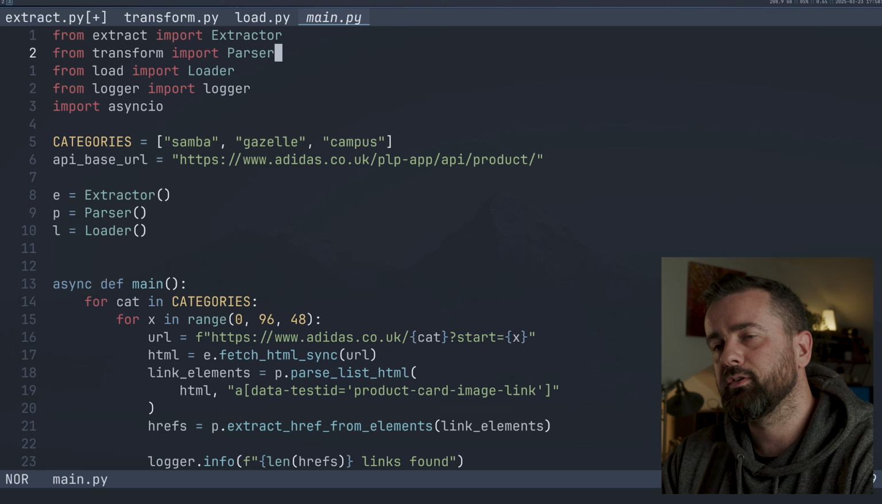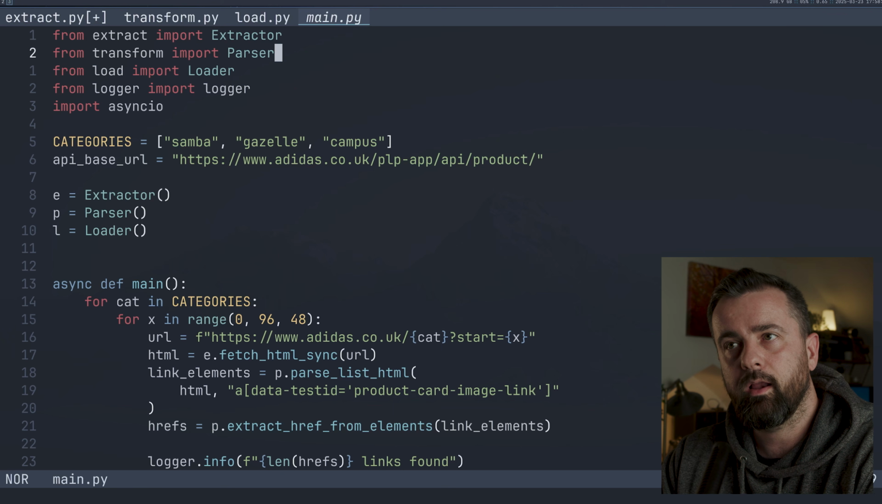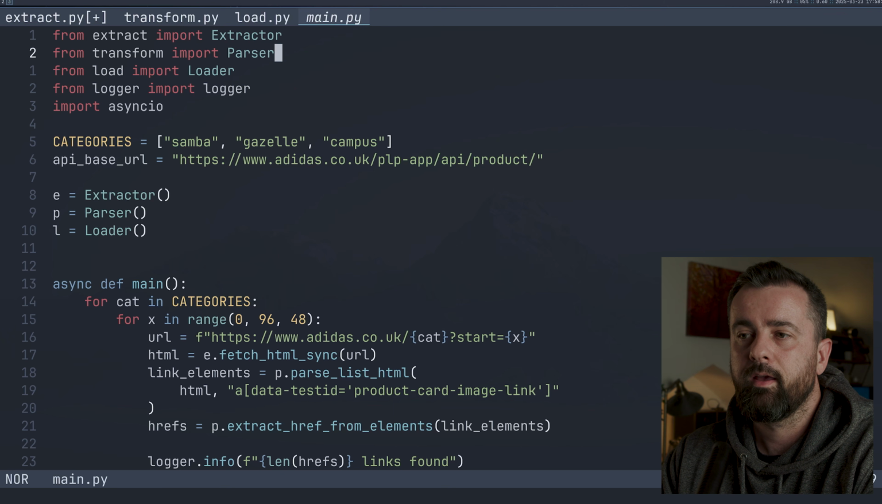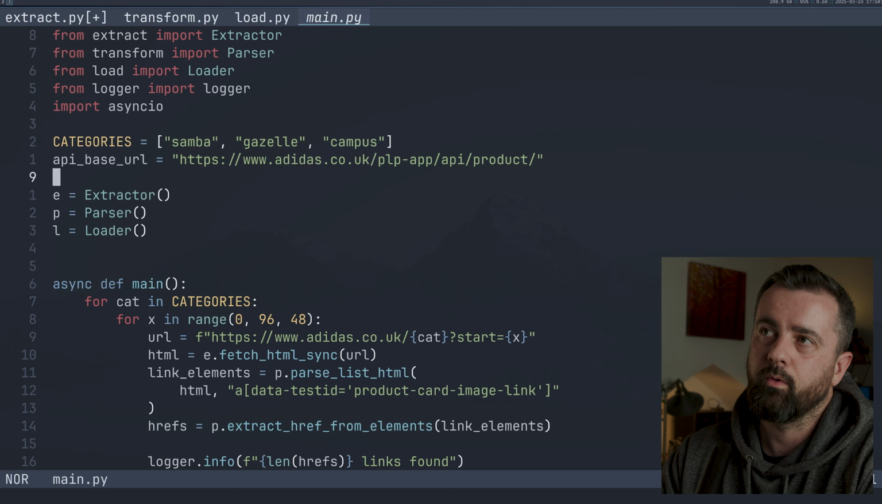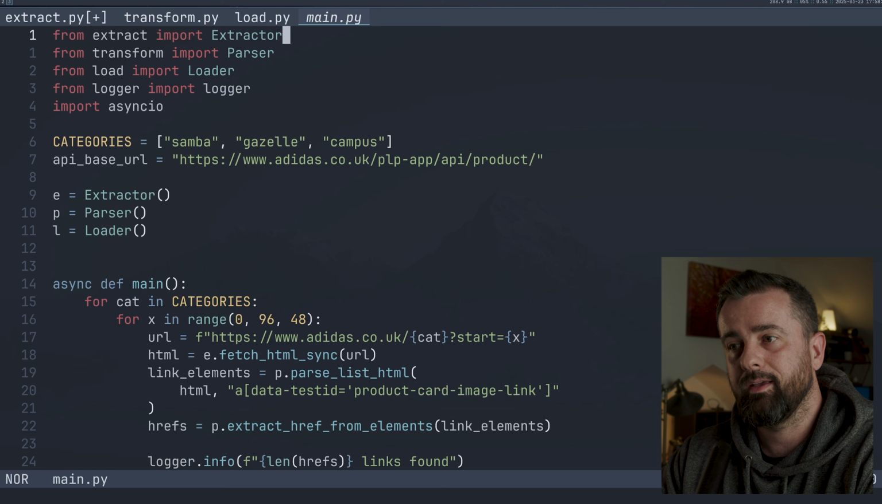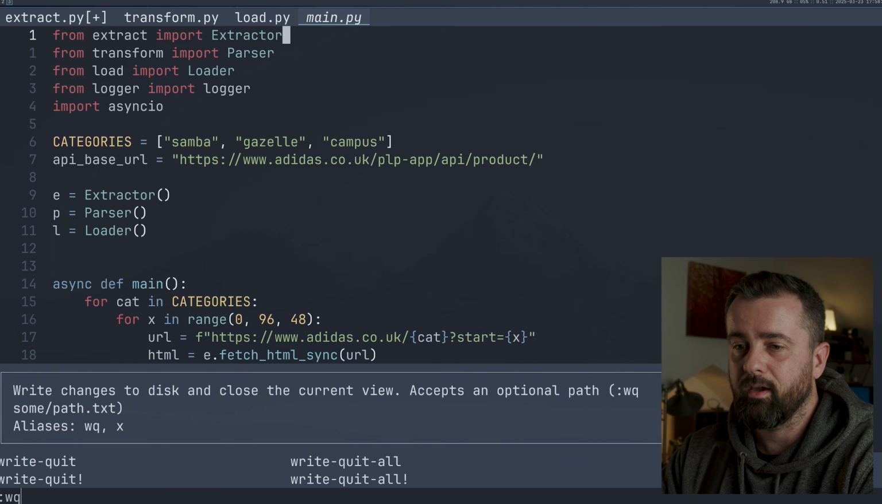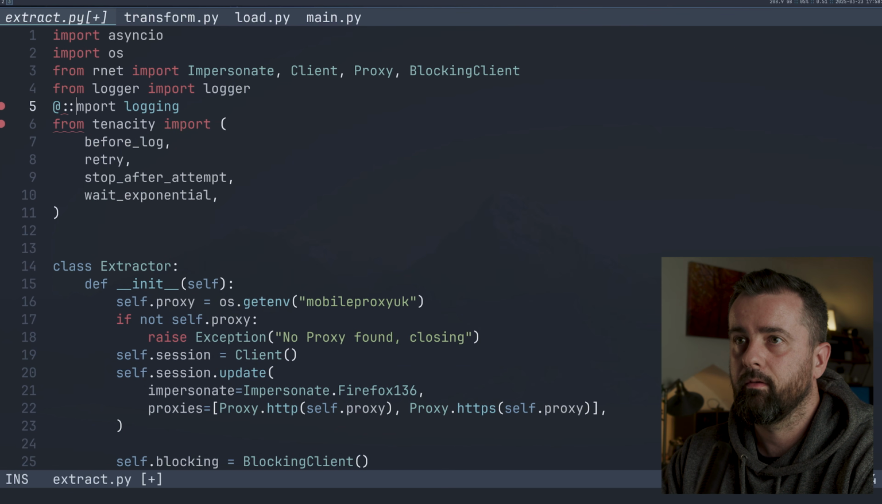Now, I opted not to use a pipeline class, although you absolutely could have done that depending on what you're trying to achieve and what you want to do. This is very much an easier way to manage everything. So if I come out of this now,